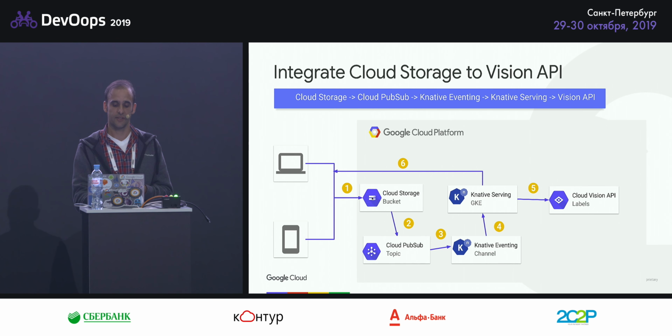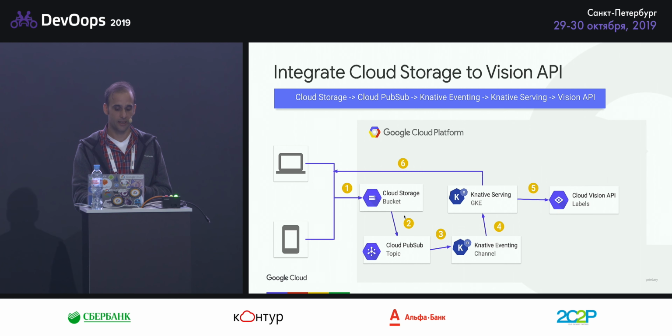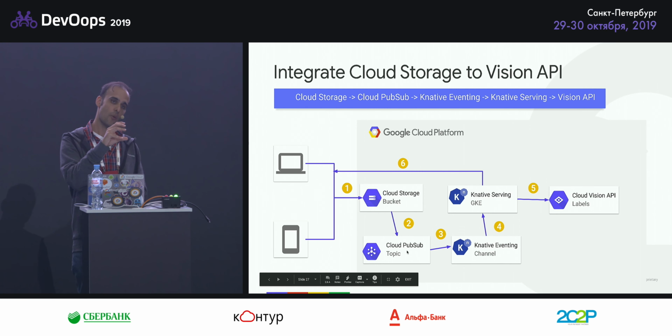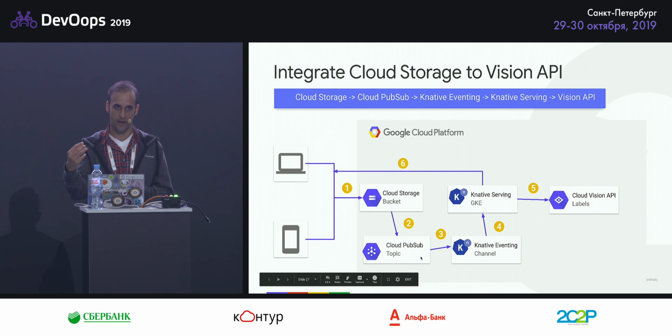So the user saves an image to a bucket, which sends a notification to a Google Cloud PubSub topic. This is kind of like a queue where it will receive events that something happened in the bucket. Then I'm listening to that topic in Knative. So Knative Eventing will pull that event into Knative, then it will pass it to a Knative service, and then